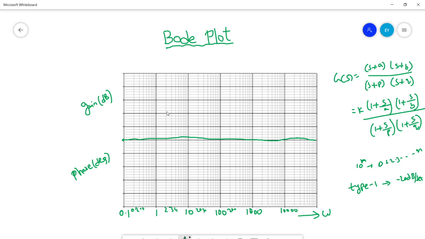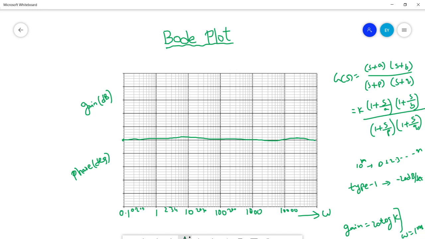You need to calculate the gain by using the gain formula. What is the gain formula we discussed in the previous class? Gain is equal to 20 log K. Here K is the gain of the open loop transfer function, which you substitute here. Therefore you will get the gain at that particular frequency. When you are starting any problem, you have to consider the frequency as omega equal to 1 radian per second. At 1 radian per second you start, then you can continue with whatever frequency you wish to consider.